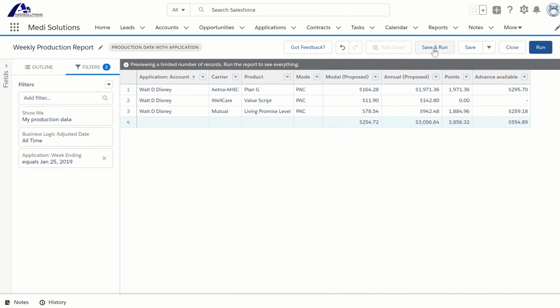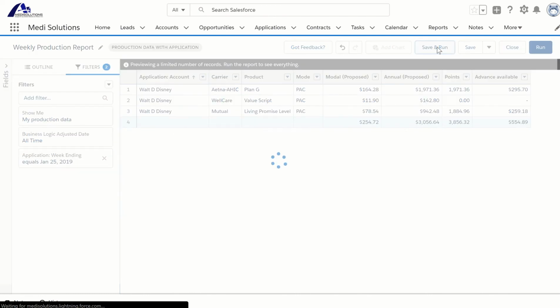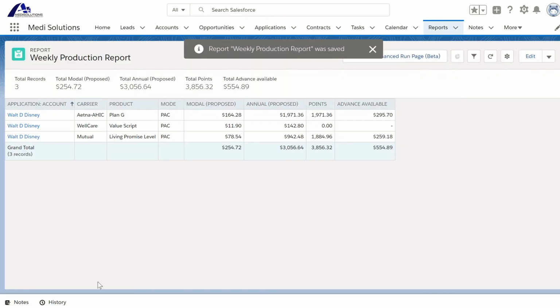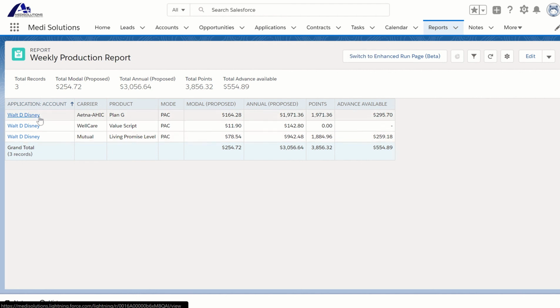So what I'm going to say is save and run. You can say save, you can say close, you can say run, but you want to say save and run usually. That saves it, and then it runs the report. And here's your report. It shows your cases, the person that they're written for, the carrier, the product, the mode, very much like one of the old school transmittals. The modal premium, the annual proposed premium, the points, which it totals up at the bottom, and the advances